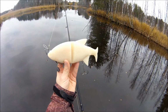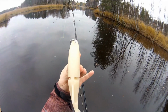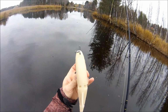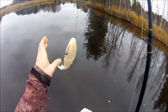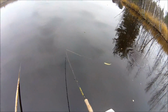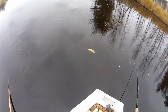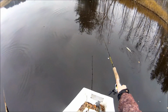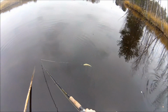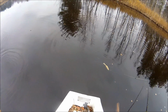Alright guys, I'm here to test out my roach swimbait and made this thing into a line-through version first, just to see how it works. And yeah, it does work. However, not really happy about the action it has. I feel like I need to retrieve it a little bit too fast